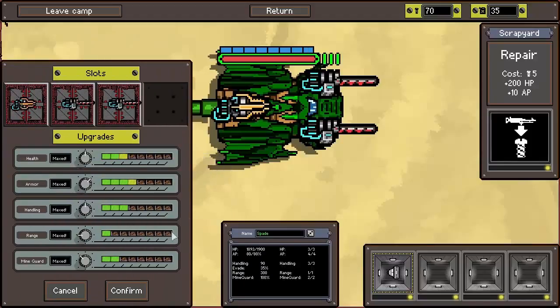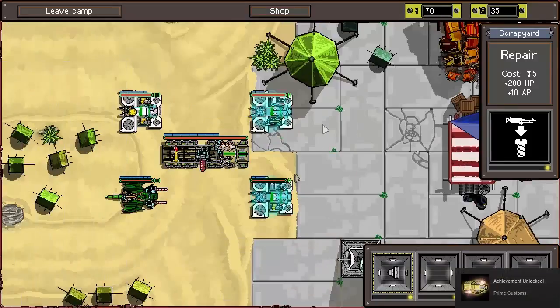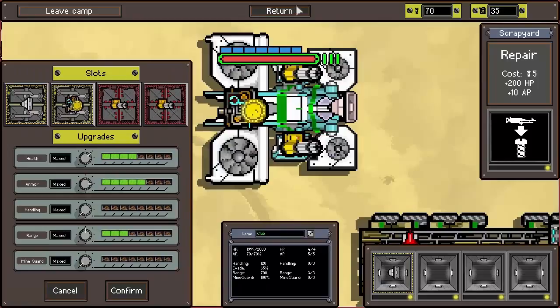And we'll max out all of our vehicles. There we go. We are super powerful. We just got an achievement as well called Prime Customs. I think that's for having everything maxed out. That is pretty awesome. Alright, let's sell this taunter, because we're not going to need that,